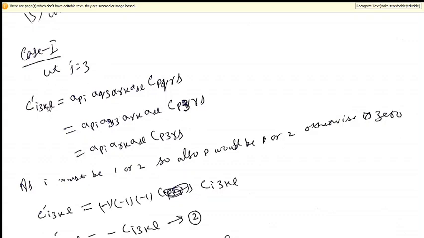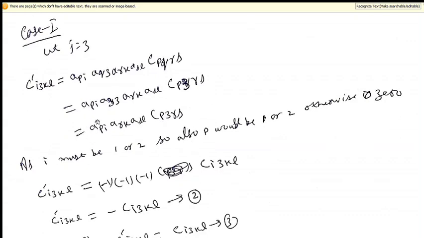When j is equal to 3, we have C dash i3kl on the left, and on the right hand side a_ip a_q3 a_kr a_ls C_pqrs. Now here is summation on p, q, r and s. This 3 is fixed, so we will first open the summation on q. You can see that when q is 1, we have a13, that is 0. When q is 2, then we have a23, that is 0. So it will survive only when q is 3. So a33 and C_p3rs. And then this is a33 times 1, then we have this.